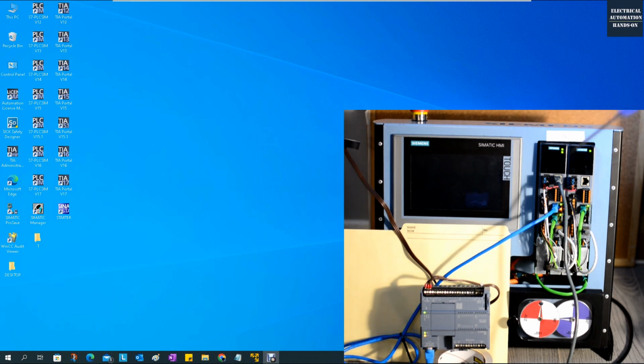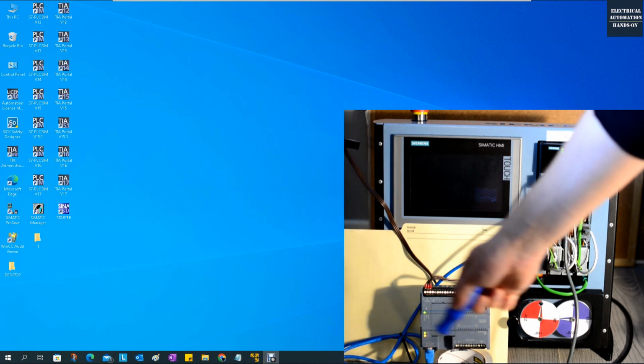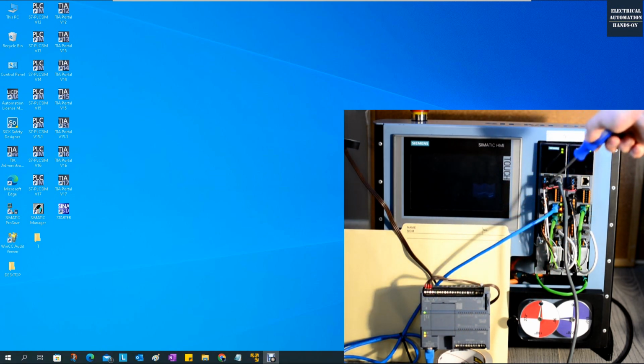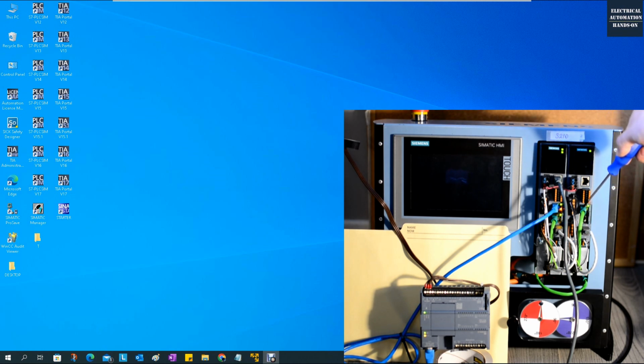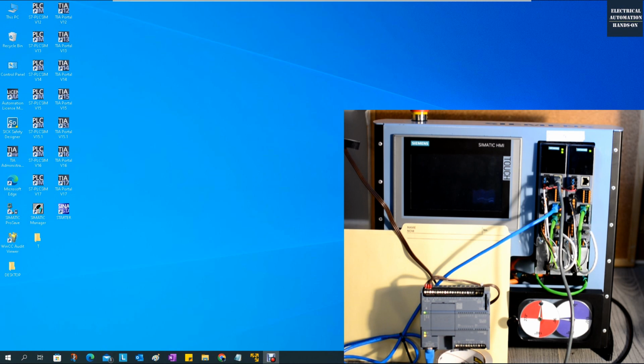From this port on the PLC, I'm connecting this blue Ethernet cable to the top port of this drive, and then the bottom port connects to the top port of the second drive. While I'm programming the PLC and the drive, I will connect to this port. This whole network is a PROFINET network. But in this test, since the 1200 PLC does not support PROFINET IRT, and only supports RT,